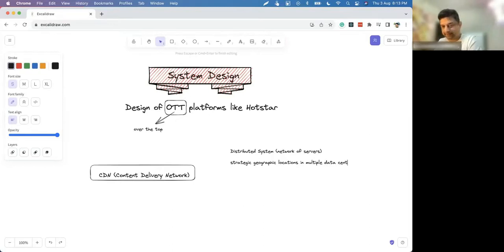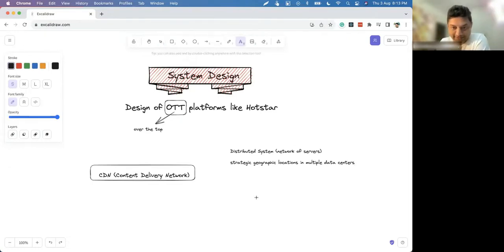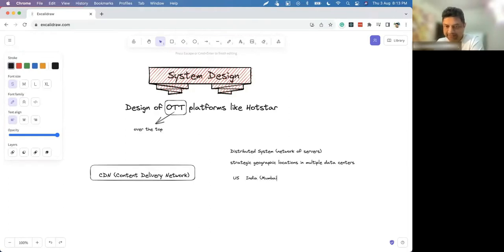So what does it mean? Say, for example, I am creating a website. This website has a market in India and US. So definitely my strategic geographies will be US and India. And if in India I have some cities where I want to target, I may also have those. So these are my strategic locations. Maybe in US, there could be some strategic location, so we can say San Francisco,